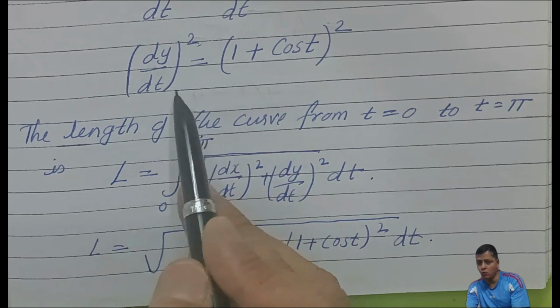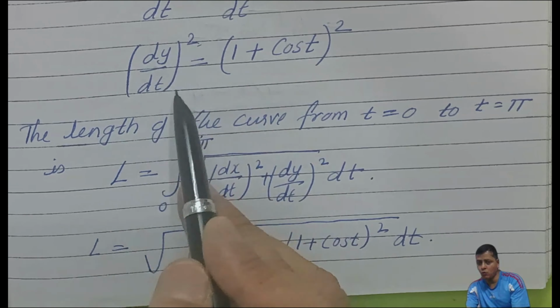Before integrating, you have just simplified this to make it cleaner. Because this is whole square t, it's whole square, that's why that has to be simplified. Similarly here also it has to be simplified. When you simplified these both things over here, you can see the simplified form. Here you got sine square t plus cos square t, which is nothing but 1. So you wrote 1, and here the same thing is there.